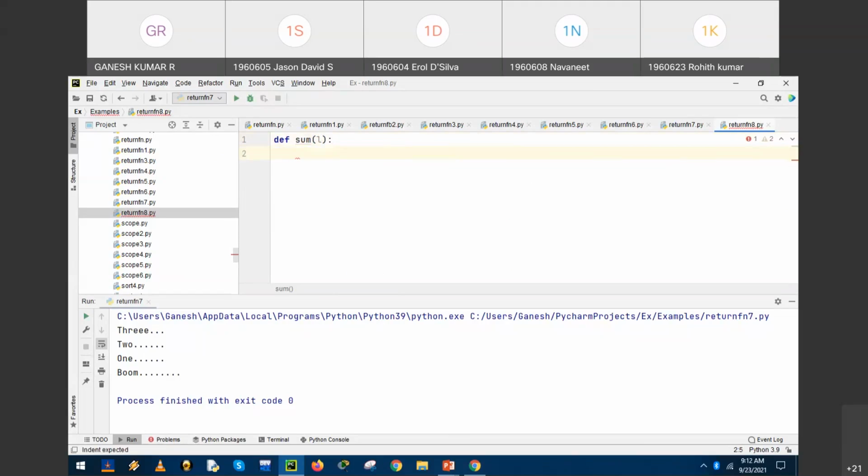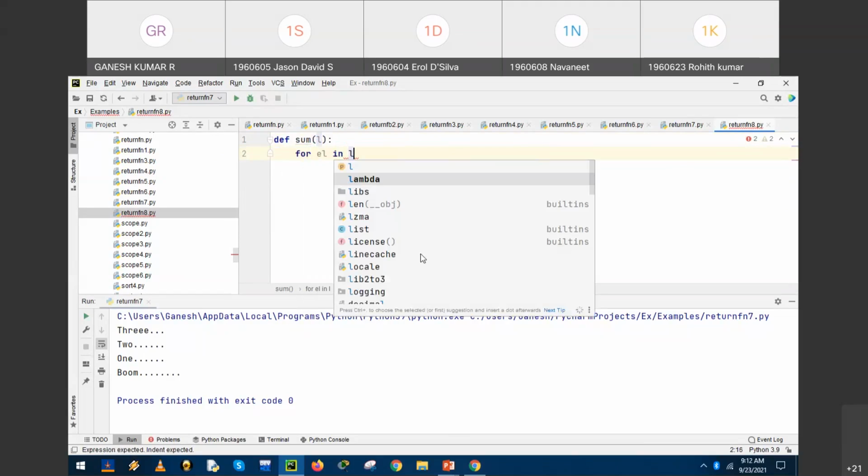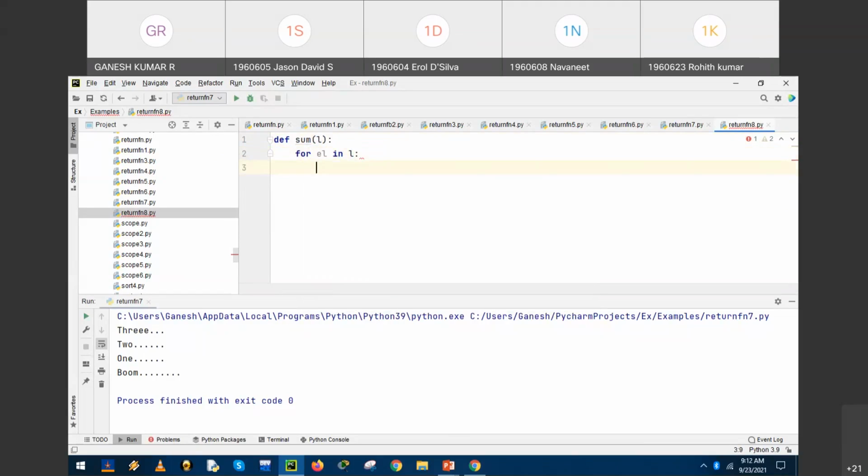Clear? So sum, for, let me introduce a for loop: for ELE in L. For the keyword, in another keyword, the list. L represents a list.